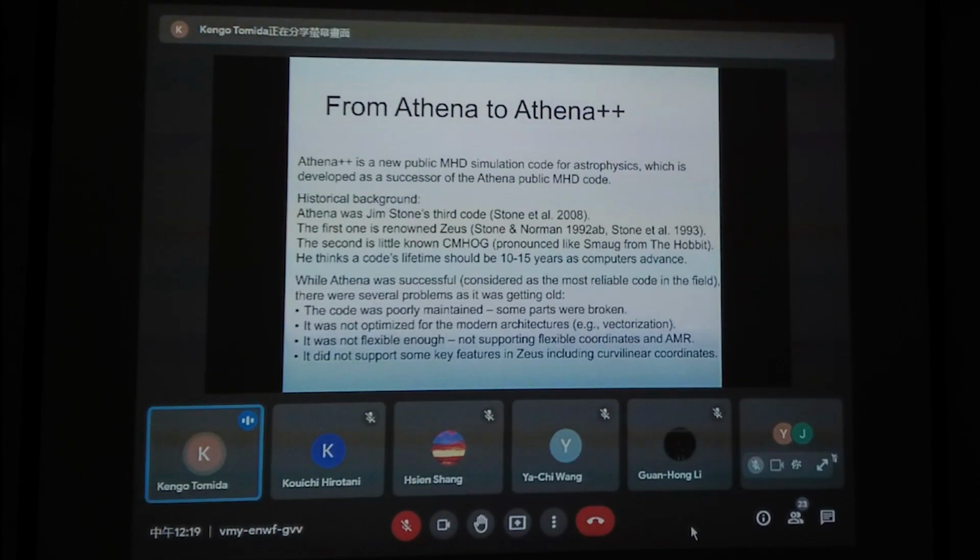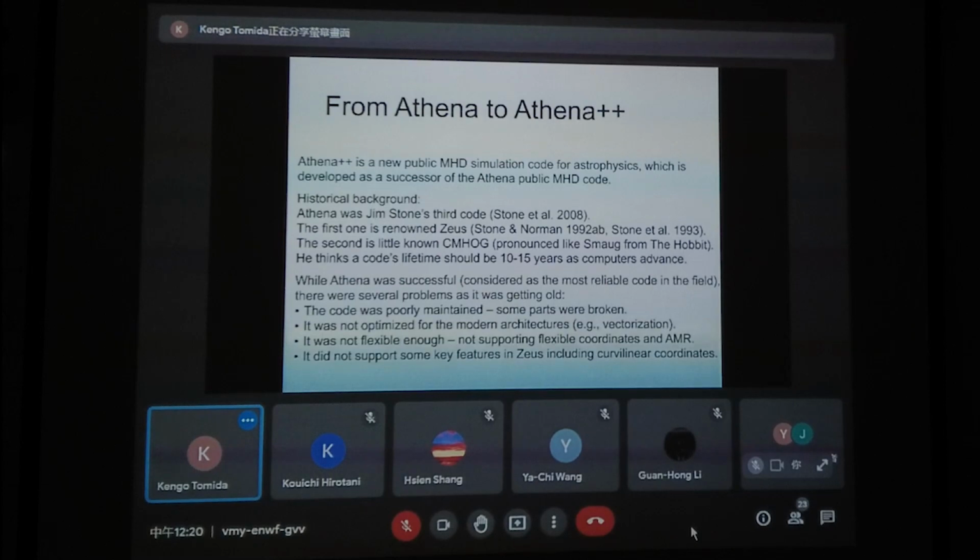When Athena was initially developed, the concept of vectorization or SIMD was not very important at that time.